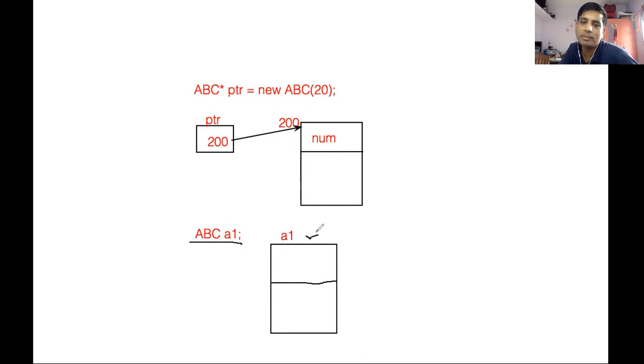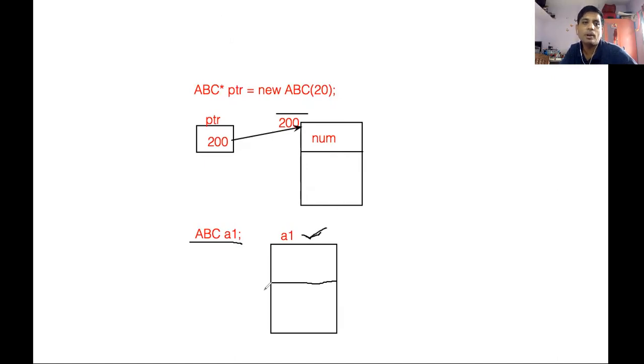The first memory you only identify by its address, and the address is stored in PTR. So using PTR, I can access this object, but here to access that memory, the name is given directly.